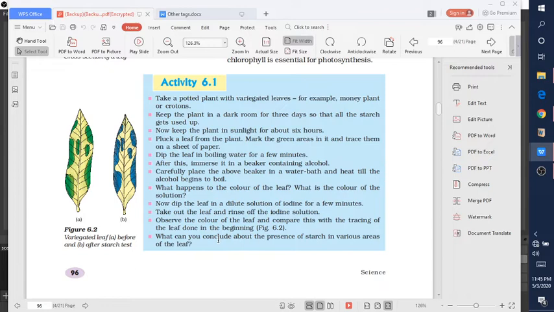In this activity we observed that only the green colored part of the leaf got blue color. Why blue color? Because of the presence of iodine solution. While the white portion of the money plant leaf did not get the blue color. Why did it not get the blue color? I am telling you. The inference from this activity is that only the green part of the leaf photosynthesizes and makes starch. You already know that only the green part of the leaf